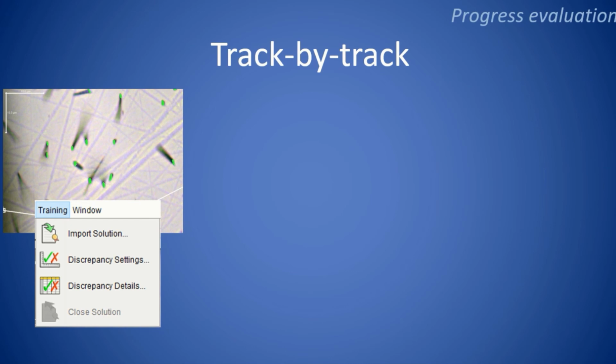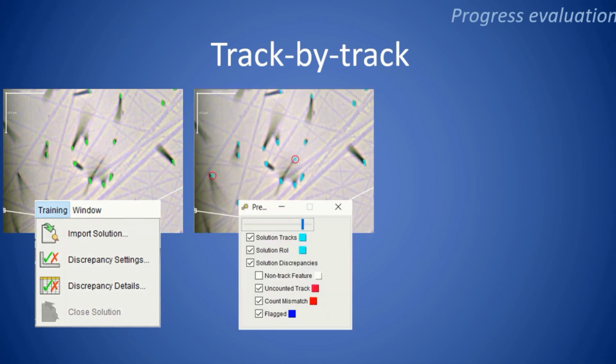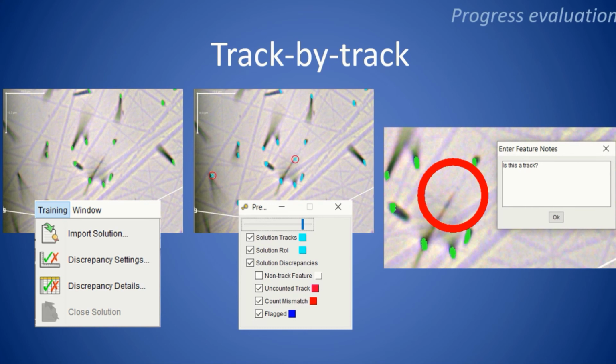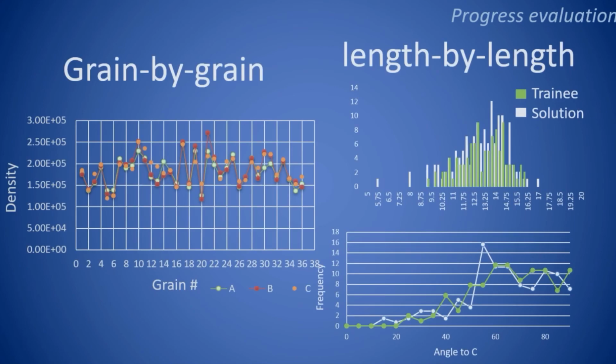The system then automatically compares the two sets of results and highlights any differences between them for correction, comments, or discussion. The highlighted features are marked with a colored circle, which indicates which of several different kinds of discrepancy have been detected by the software. This is particularly a convenient feature for newly trained fission trackers to raise questions during practice. Furthermore, the exported single grain and length data also allow comparison made on a grain by grain and length by